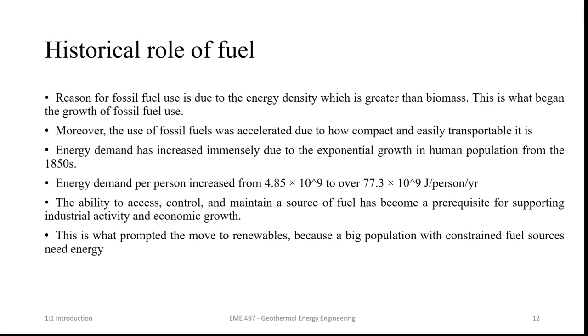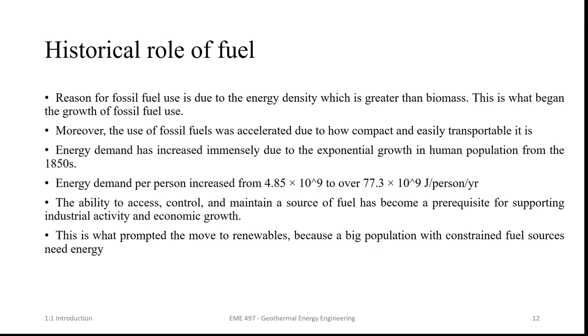The fifth point, my bad, is the ability to access, control, and maintain a source of fuel has become a prereq for supporting industrial activity and economic growth. So that's a very interesting point, because the reason why we started investing in renewables kind of late is because fossil fuels gave us everything we needed if we eliminate the problems we associate with climate change. So fossil fuels gave us the energy we need in small spaces, very easy to maintain. At the same time, a big point, which we will cover as well in this lesson, is that